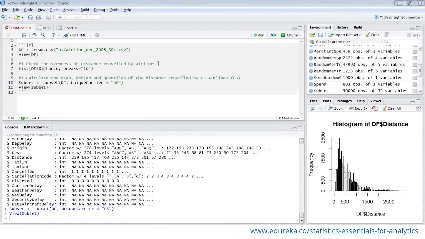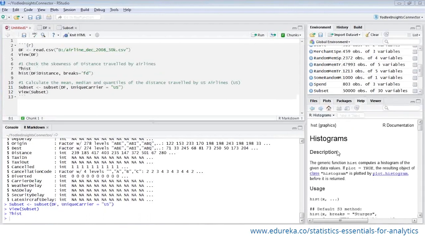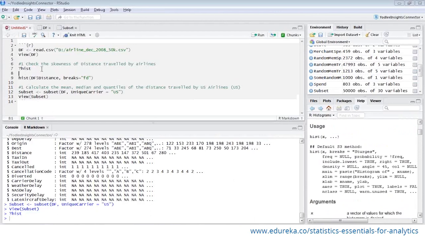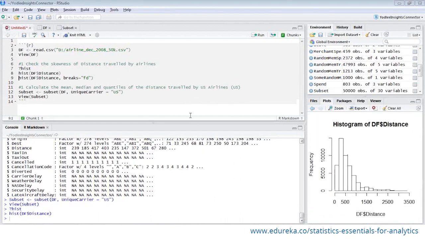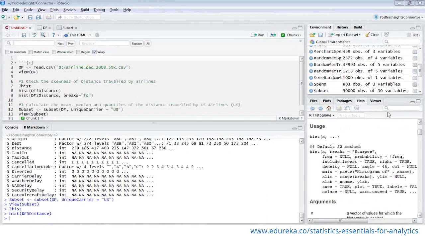Okay, so in case of doubt in R, what we should do is basically just type a question mark followed by that keyword. So that will take you to something like this. So here, let's try how the graph will look without applying this FD. Without this, it gives this histogram, and with this FD, it gives this histogram. And FD is basically some algorithm